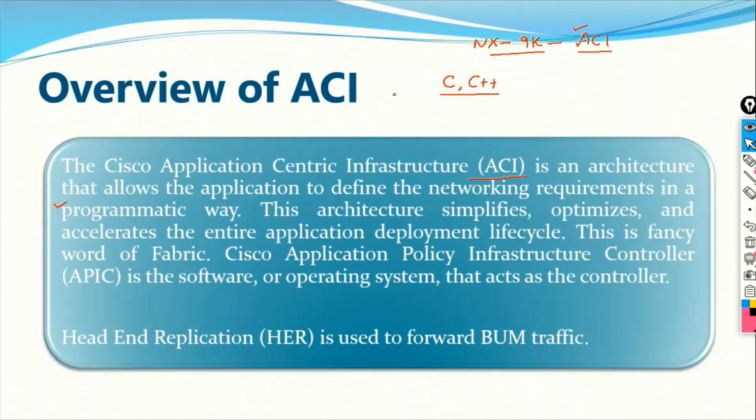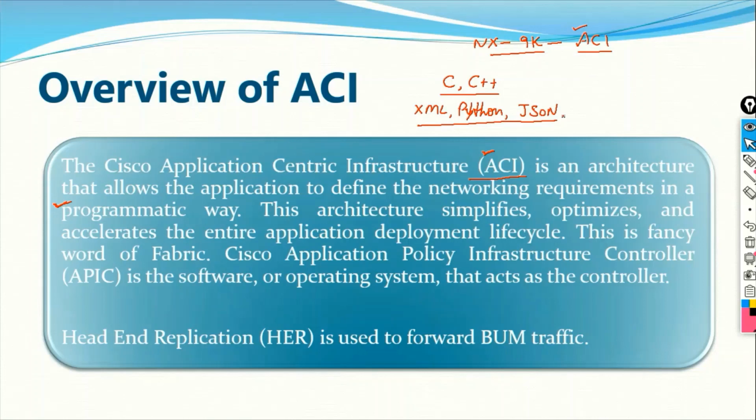To manage this network infrastructure, we have programming languages called XML, Python, and JSON. With these three languages, we can write any program and push it to your ACI infrastructure, and whatever configuration we did is pushed to your ACI infrastructure and implemented immediately. So this ACI infrastructure supports programmatic technology as well.